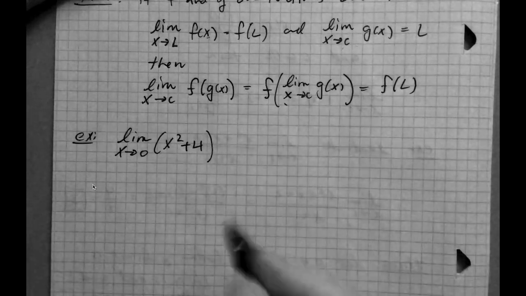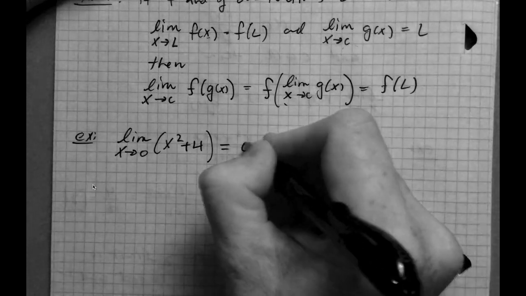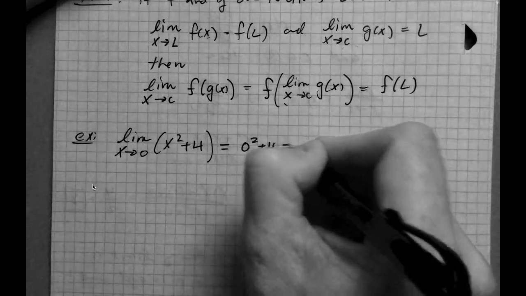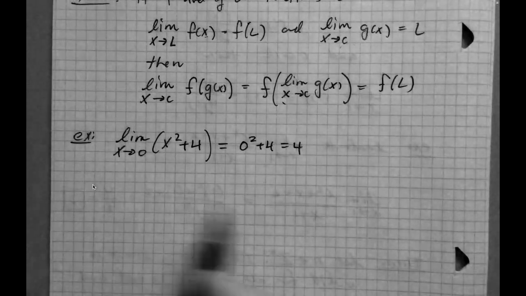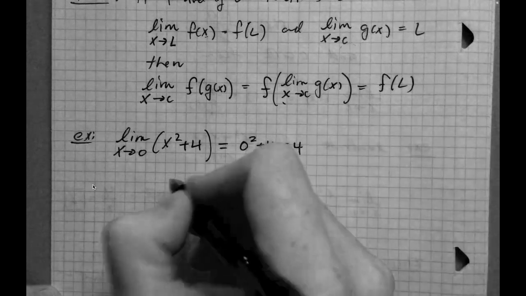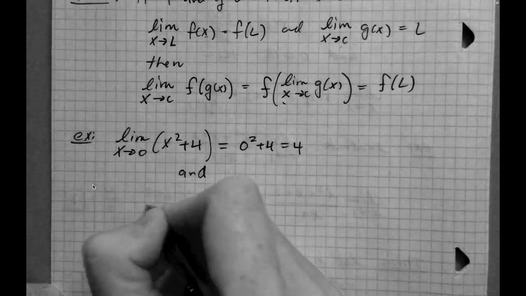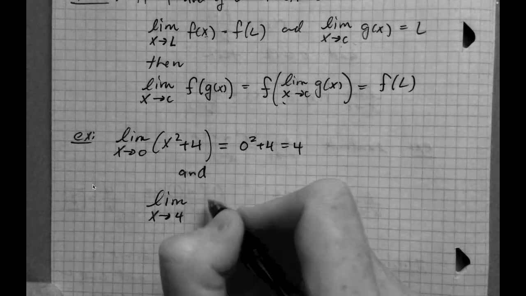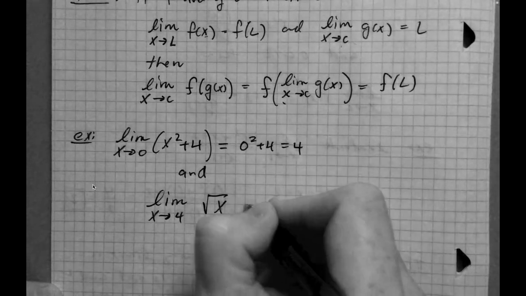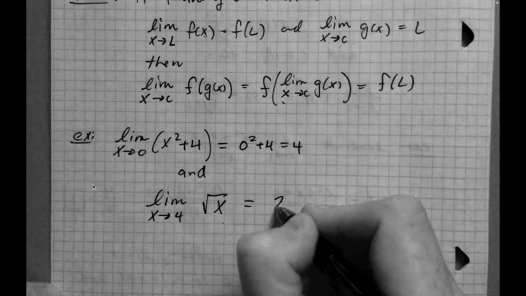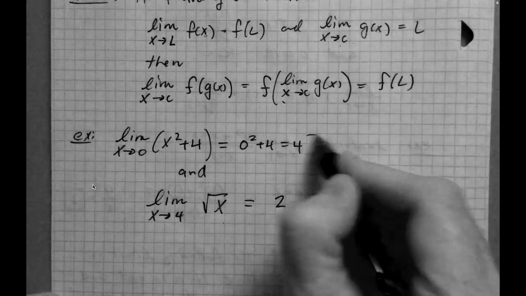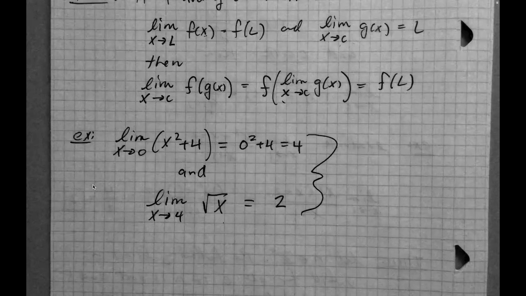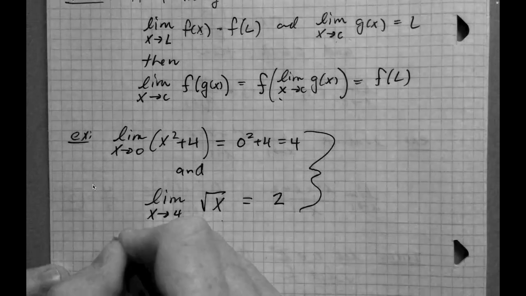We know that's equal to 0 squared plus 4, so it's equal to 4. And consider the limit as x approaches 4 of the square root of x, which we know is equal to 2. So you've got these two pieces. Then it follows